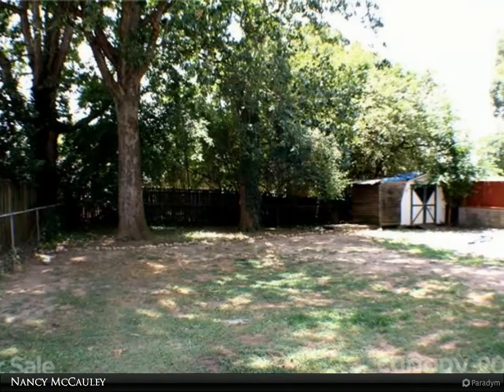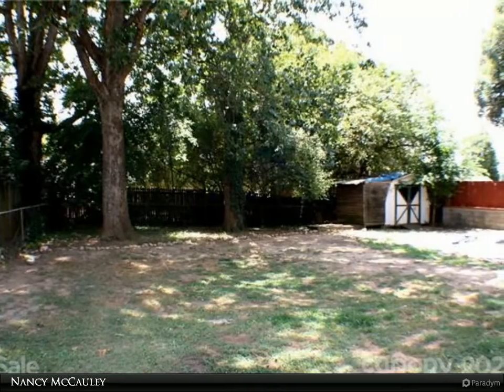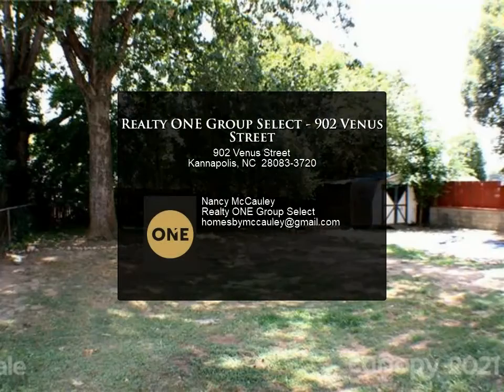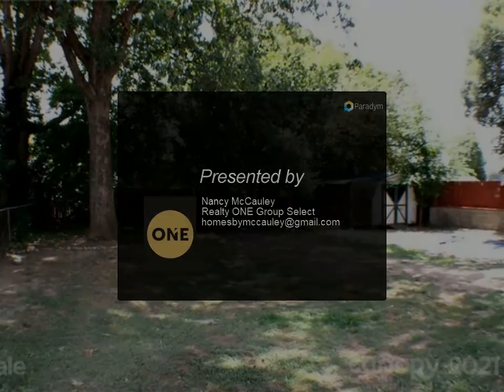There is so much potential to bring the charm and character of this home back to glory. Roof and windows have been replaced. The home is centrally located in town and close to everything. There is a small cellar and it has built-in walk-up steps to an attic. Original hardwood